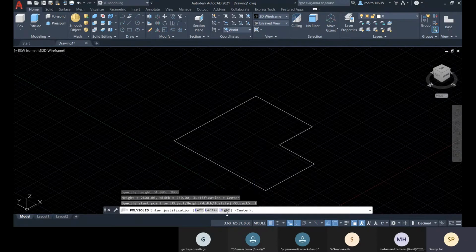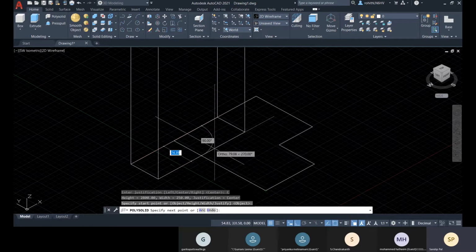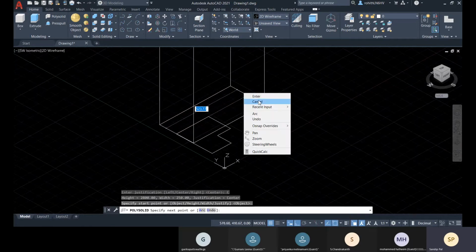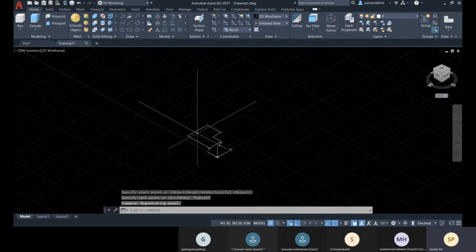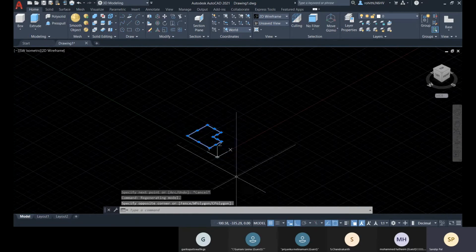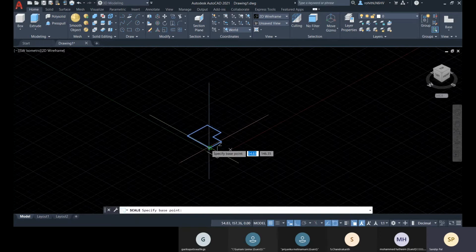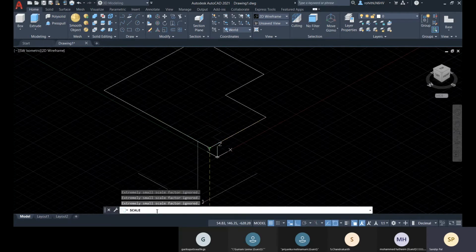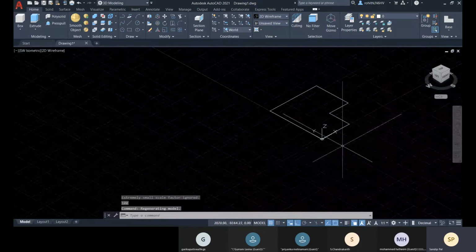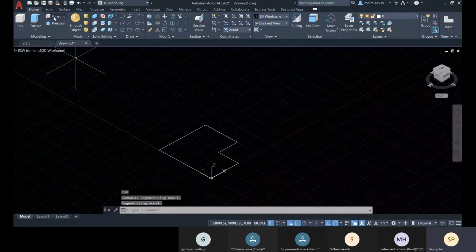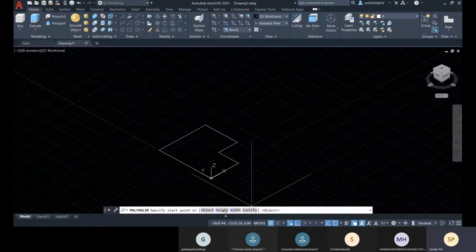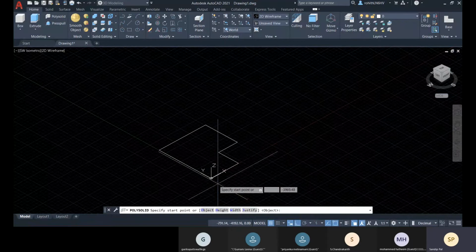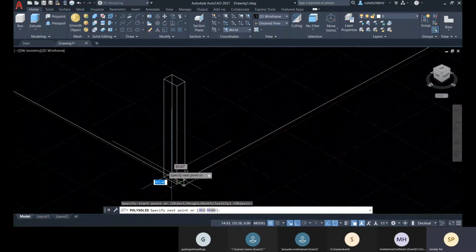And then I'm going with the justification as center. I can specify left, right. So I'm going to show you the center you are specifying. So this is too small. Let me scale this, as a base point, scale factor will be 100. Enter. Let me check with the polysolid. Already I have defined width and height, and the justification at the default condition is set as center.